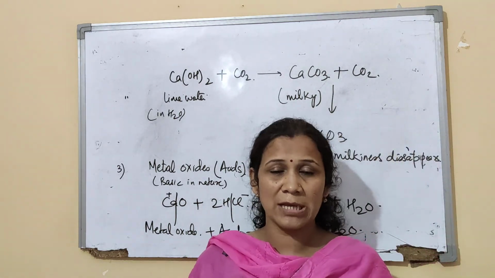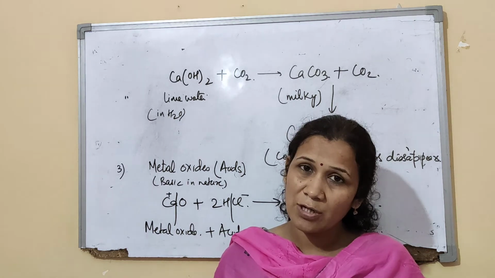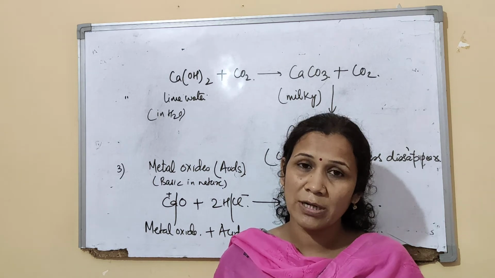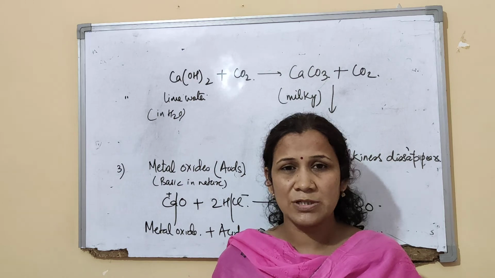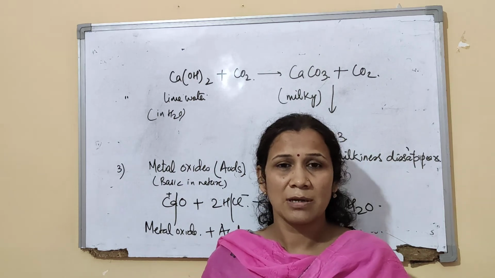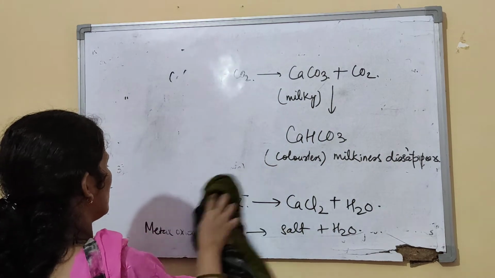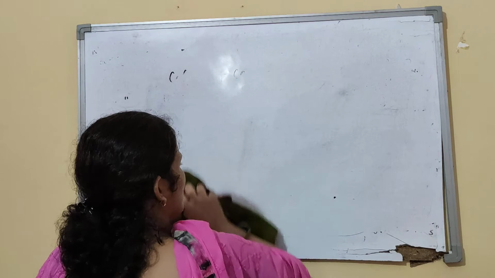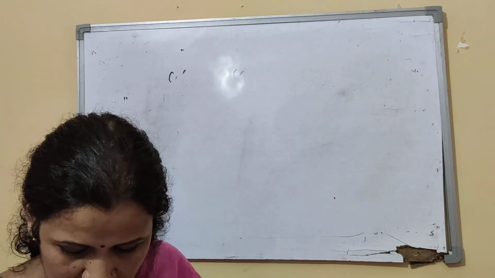I am giving you 2-3 examples. You give it a try. If you are not able to do it, we will do it again in the next video. That would be your homework. Next video we will do it and then we will move forward. Very few reactions more to go. So we will just read about them in the next class, right? I'm just giving you a few examples to write on your own. You will just complete these reactions and balance them also.